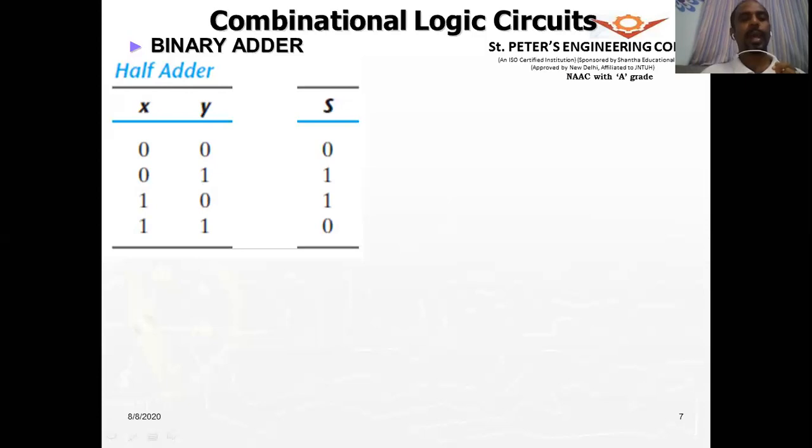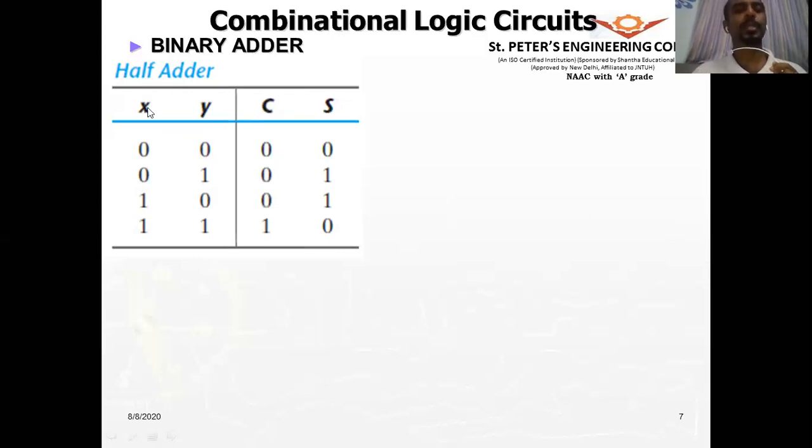When x and y both are ones, the sum will be 0, but it will generate a carry. So the carry bit will be 1. So when I add two binary variables x and y, I will get two outputs called the sum and the carry, right?